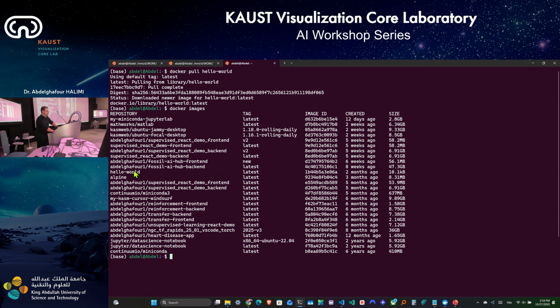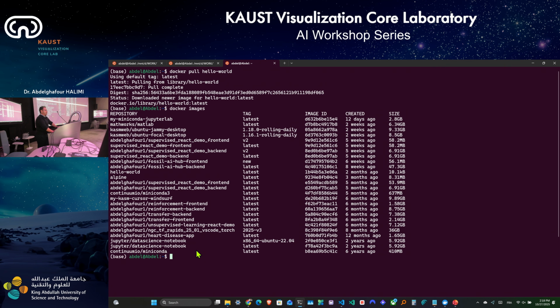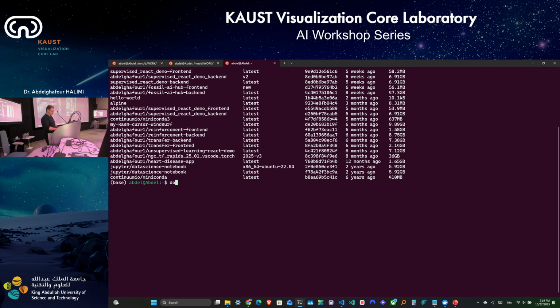Okay, is there? Hello world. Okay, I found it. In your case, you're gonna find only one image, which is the hello world. Okay, so I have this image. Let's run a container, which is the process or an instance, using this Docker image. To do that, again, docker run and the name of the image. That's all. So we do docker run